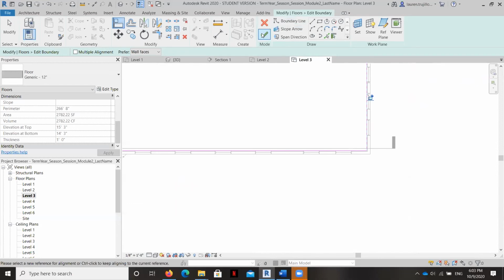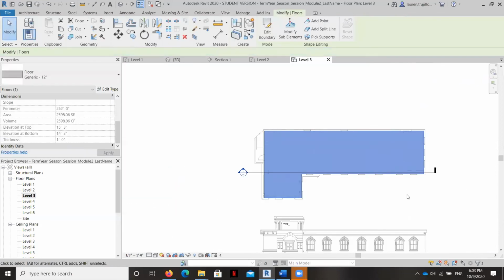It's good to go for now. Okay, so we've got our two floors and now we know how to move them. We're going to leave this for right now, but we will be cutting holes in the level 3 floor a little bit later on when we have to create our stairwell.